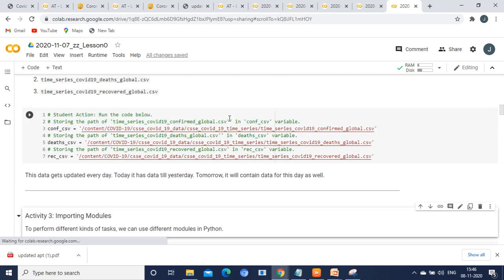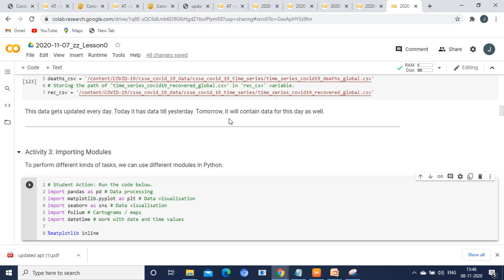And in the next activity, we are going to see how to import the modules. Modules are nothing but functions. You might have gone through functions. Functions are what we import in order to perform any operation. For example, in order to calculate the square root, we need to import the math function.